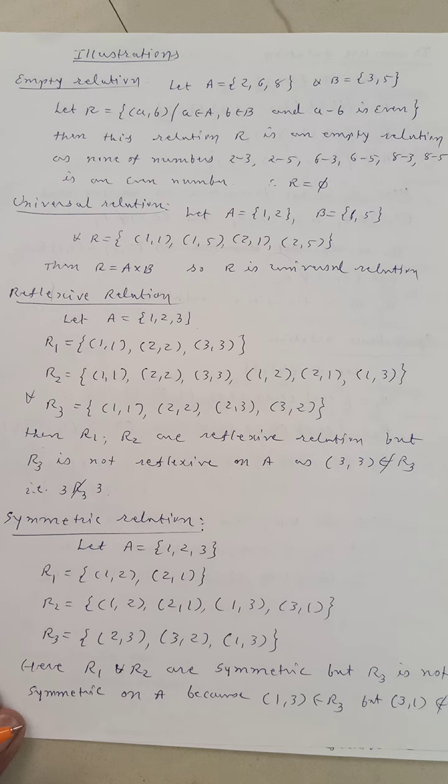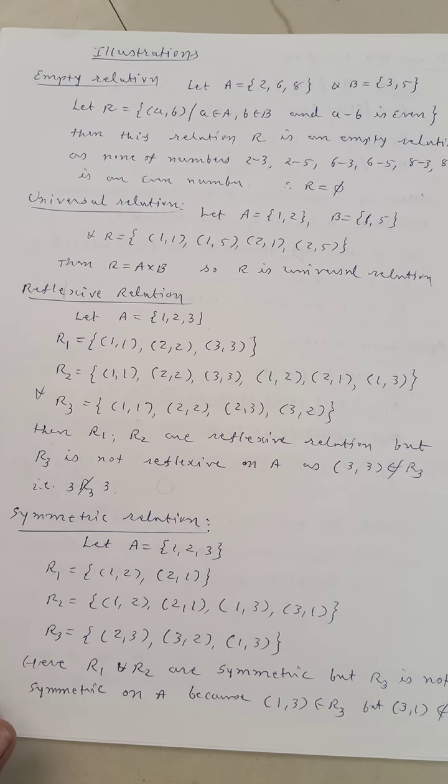Now think about R3. I hope it is clear that R3 is not reflexive. Why? Because (1, 1) is there, (2, 2) is there, but is there (3, 3)? No. (2, 3) and (3, 2) are given, but (3, 3) is not given. Definitely, therefore, R3 is not reflexive. Is it clear now what a reflexive relation is? According to the definition, a member A of capital A should relate to A itself. And that we see in R1, R2, but in R3, (3, 3) is not present.